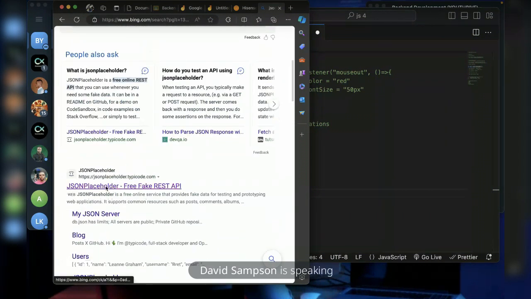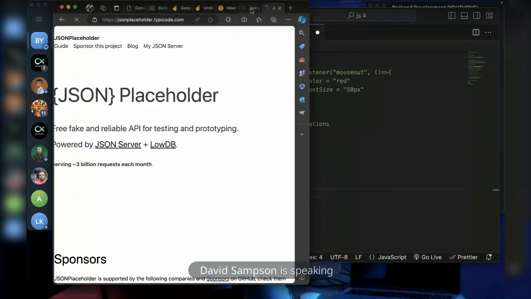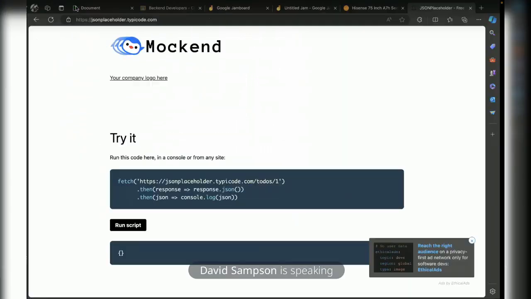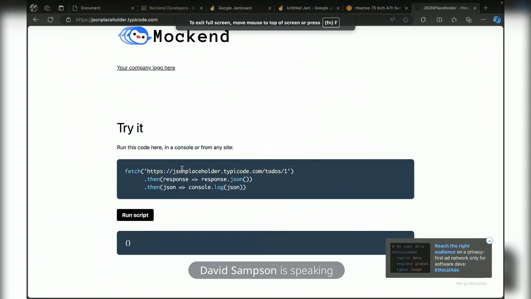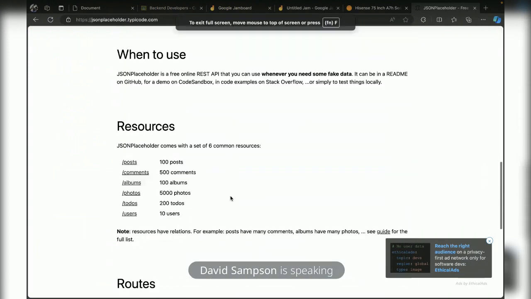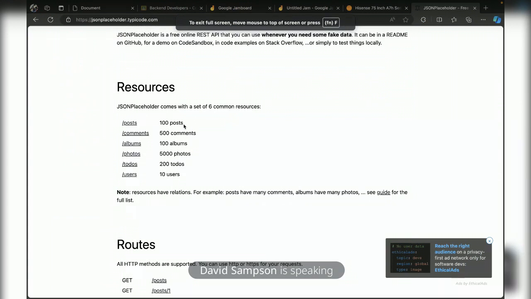Now, this is a free backend that most front-end developers use whenever they are building a project. What you can actually get here is 100 posts by making a request to /posts. I will explain what this means in our subsequent classes.